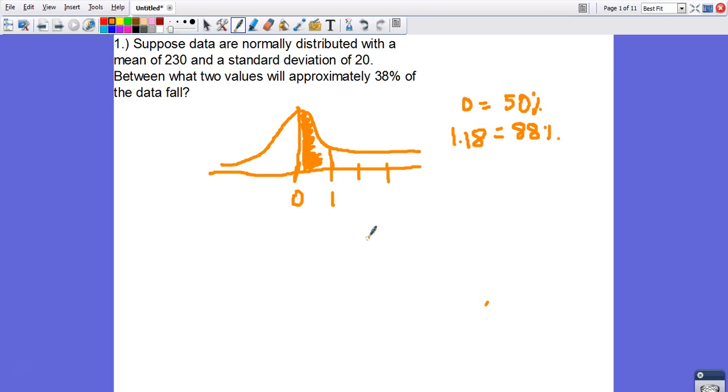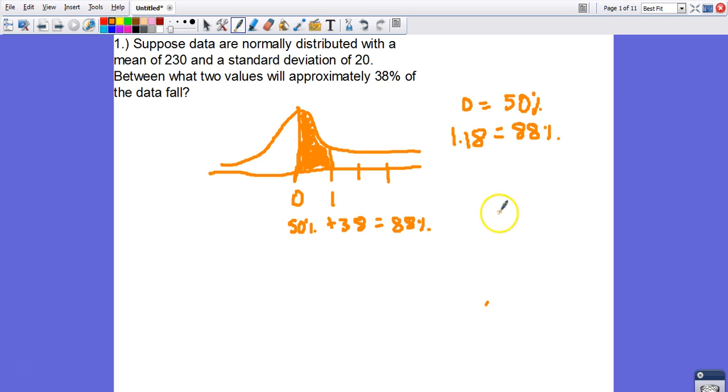Hi guys, question 1. Suppose data are normally distributed with the mean of 230 and a standard deviation of 20. Between what two values will approximately 38% of the data fall? This would have been a lot easier if they would have asked 34% of the data, because we know that would have been between 0 and 1 exactly. But I went ahead and I just took it up to 88% because I know 0 is 50%. And I want to go 38 more, so plus 38 gives me